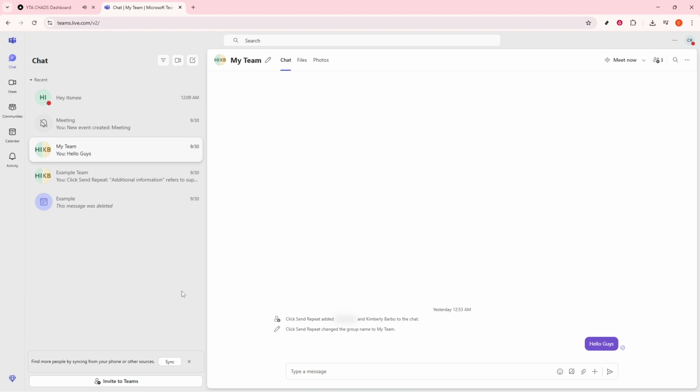And that wraps up our easy guide on managing and deleting chats in Microsoft Teams. Deleting and hiding chats are simple yet powerful features that can help you keep your workspace